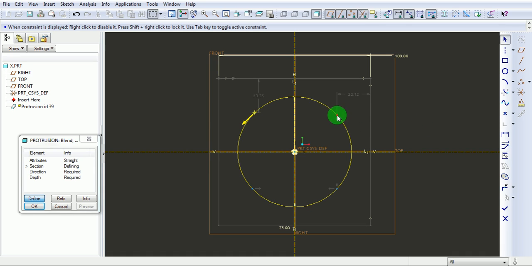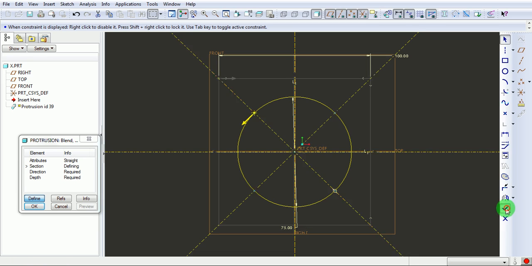We can align this vertex along with the vertex of the square and center of circle by using center line. Center line starts from here and ensure that it is properly aligned. Start point again, ensure that it is aligned. Middle mouse button to deactivate center line. Now there is no need to toggle this section because in this blend the last section is the circle section. So we should not toggle this section. Keep the section as it is.